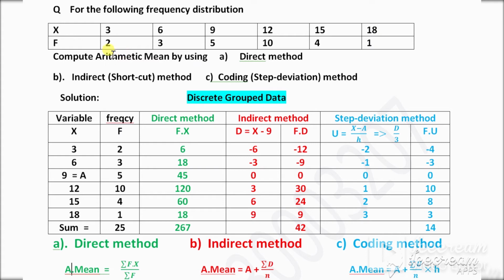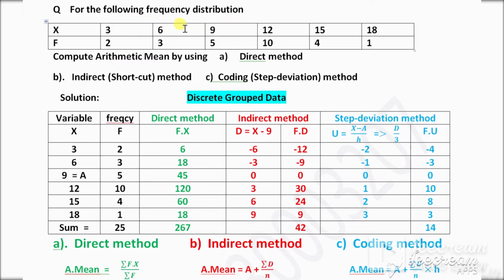Now the next question is arithmetic mean for group data. Group data is of two types, discrete group data and continuous group data. Discrete group data is this one, because this number is just like a discrete number. Discrete numbers will always have jumping points, or the countable number. The countable numbers are discrete numbers.